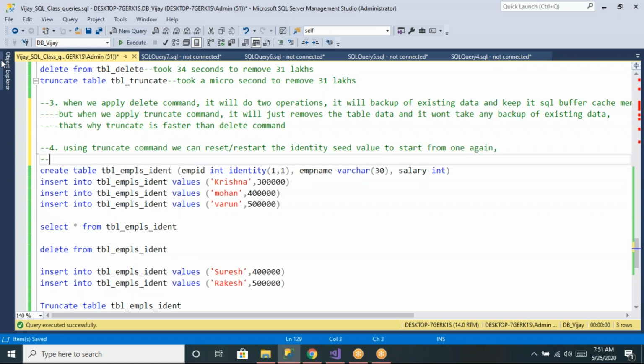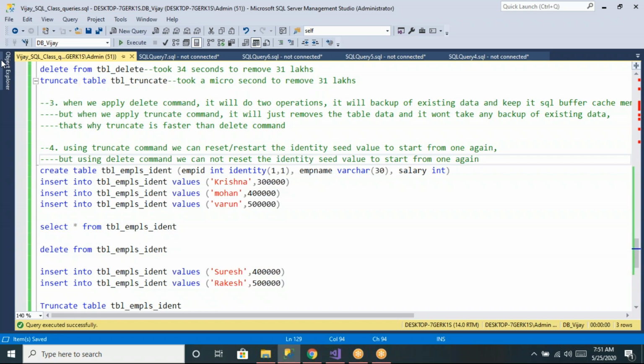Whenever you are truncating, the identity value, the employee ID, is restarting with 1 again. But using the delete command, we cannot reset the identity seed value to start from 1 again. So these are the differences we can tell.